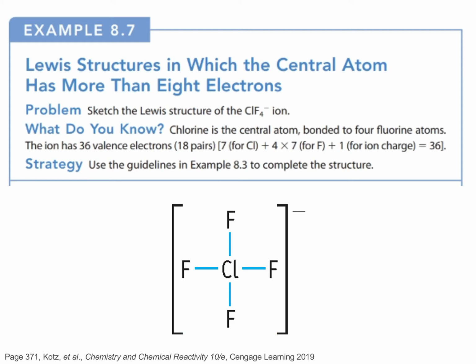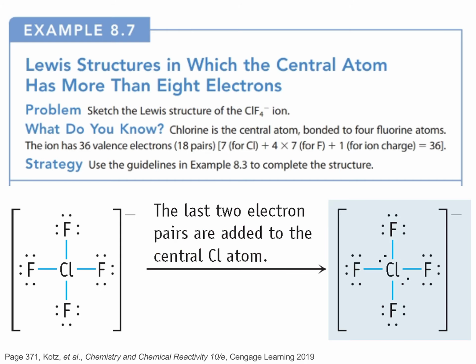So what we do is we figure out what is the central atom. So that's Cl. We can often tell how it is drawn, that the ClF4 minus, that the Cl will be the central atom. So we put 2, 4, 6, 8 electrons, but we have quite a lot more to go because we have 36 in the compound. So what we do is we add electrons around each of the fluorines, and when we do that, we might think that we're finished because you can see that we've obeyed the octet rule around each of the atoms in